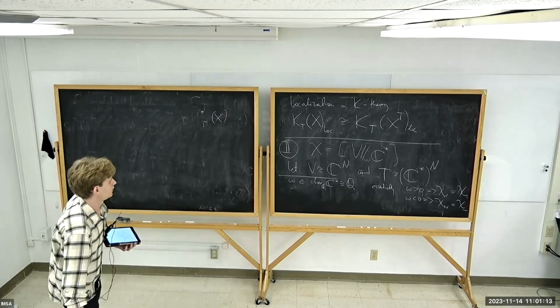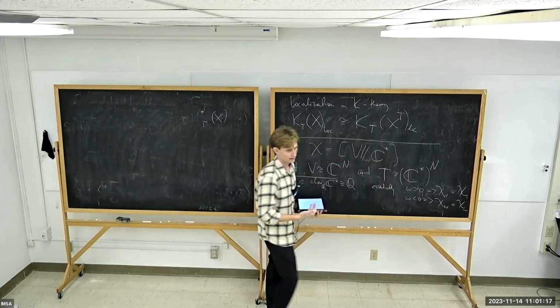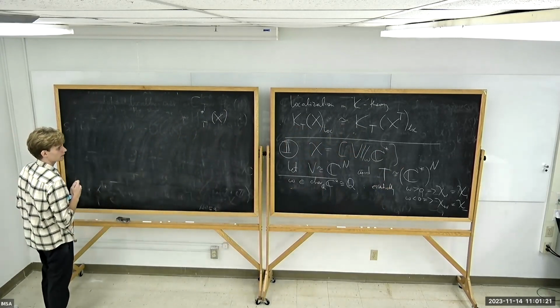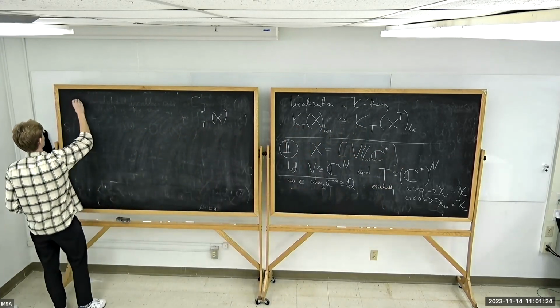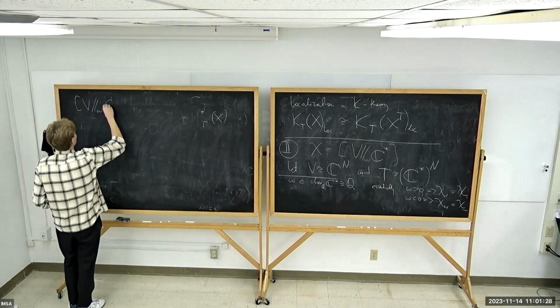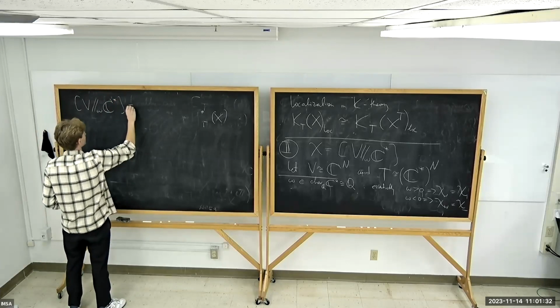So now, this bracket over here signifies that I'm taking the stack quotient, so slightly different than the usual definition of the GIT quotient. So let me just write down the definition. So this is